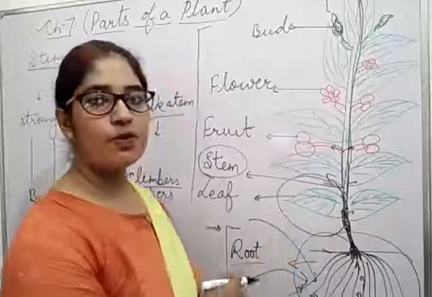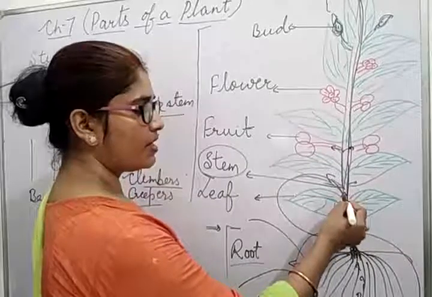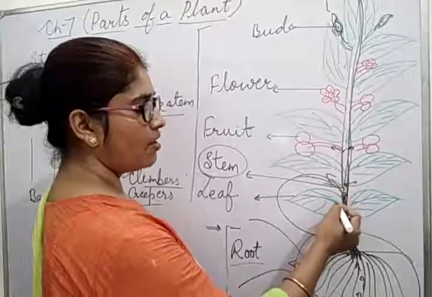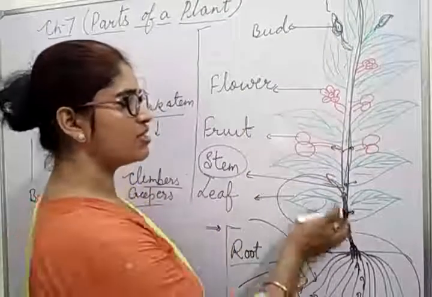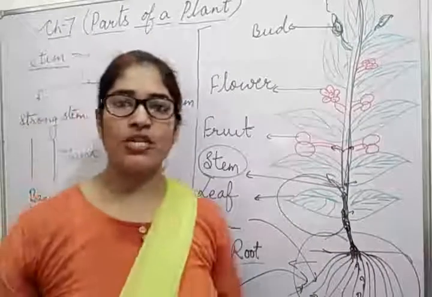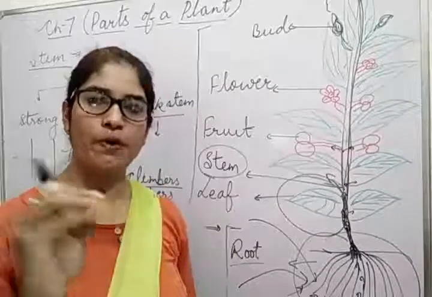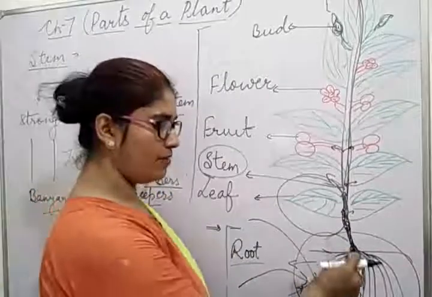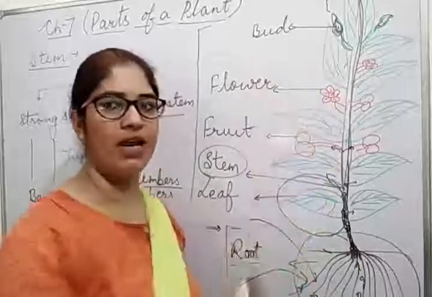When the food is ready, the stem carries this food from the leaf to other parts of the plant. It means कि जितने भी parts of plant हैं उसमें फूड पहुंचाने का काम कौन करता है? स्टेम. स्टेम का काम होता है कि फूड को वो पहुंचाए. सेकेंडली वाटर एंड मिनरल जो उसने रूट से एब्जॉर्ब किया है उसको भी डिफरेंट पार्ट्स ऑफ प्लांट तक पहुंचाने का